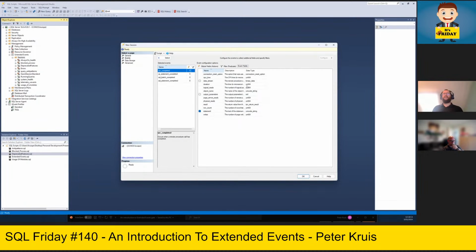For now, I will start with event fields. Event fields are the basic items which are being retrieved in your event. So in this case, everything which doesn't have a checkbox is being retrieved by default. So your CPU time, your object name, how many reads it does, how long it takes, and what type is it? Is it milliseconds, microseconds, seconds, etc.? For the RPC completed, it's microseconds. So 1 million is a second, whereas Profiler has 1000 for a second.